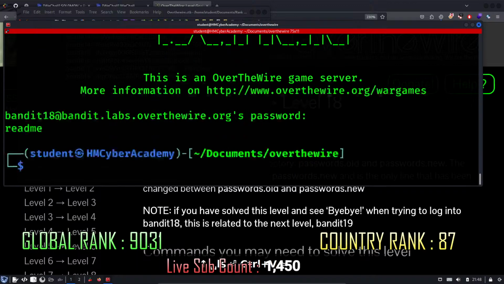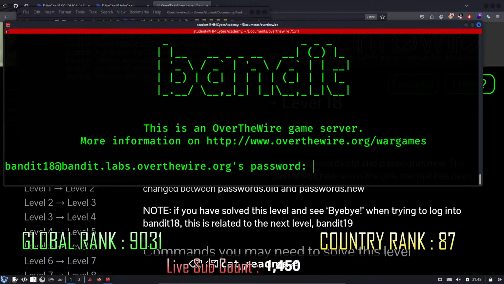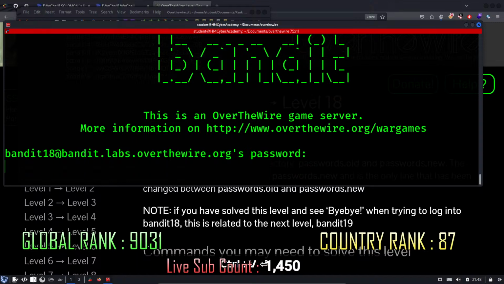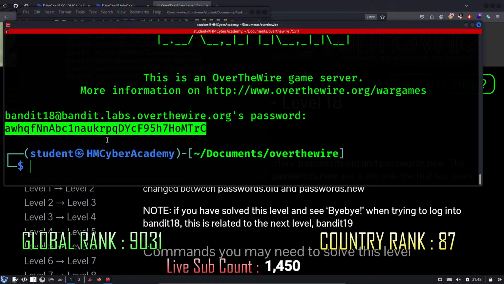right? Okay, so you can actually see a readme file over here. So I just typed ls at the end. That would actually run the command once it reaches the shell. Okay. So now what you can do is you can type cat readme and paste the password. Okay, so we now have the password right away, right? So you can use this password to log in, or